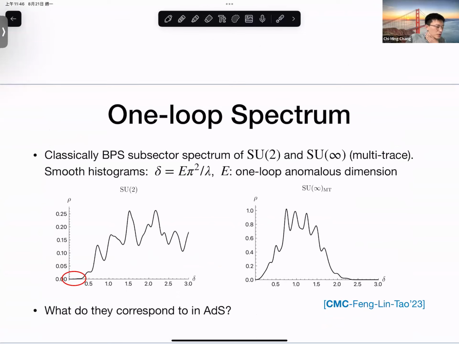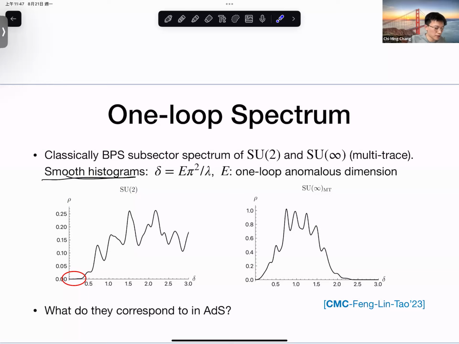Okay, good. So here we can compute a smooth histogram, and delta is basically the anomalous dimension with some normalization by the 't Hooft coupling lambda. You can think of this rho roughly as the density of states. Of course, the density of states is discrete, so we use some smoothing function to compute rho, and this and that one are the spectrum for the SU(2) and